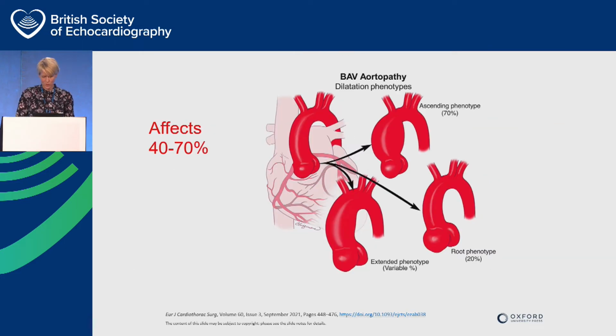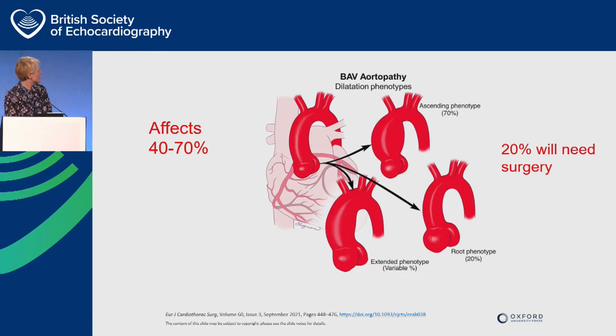So if we talk about the aorta, you all know probably a lot of this. This affects sort of 40 to 70% point prevalence of patients that you see with a bicuspid aortic valve, but not all of them will end up with a problem. But actually about a fifth of them will need surgery in their lifetime, which is a reasonable amount when you think about it overall. And the type that people always think about really is the ascending aorta type, and that